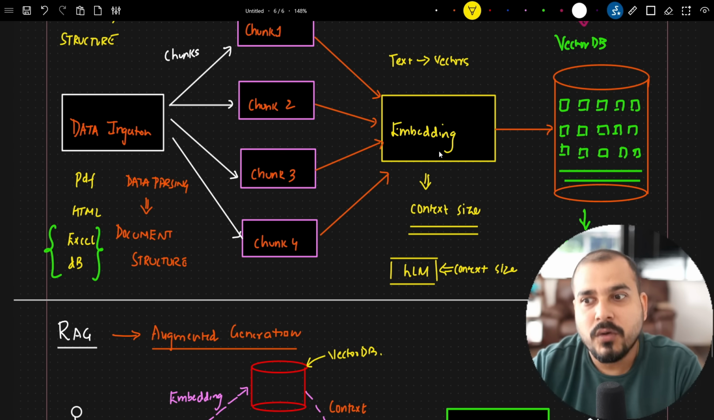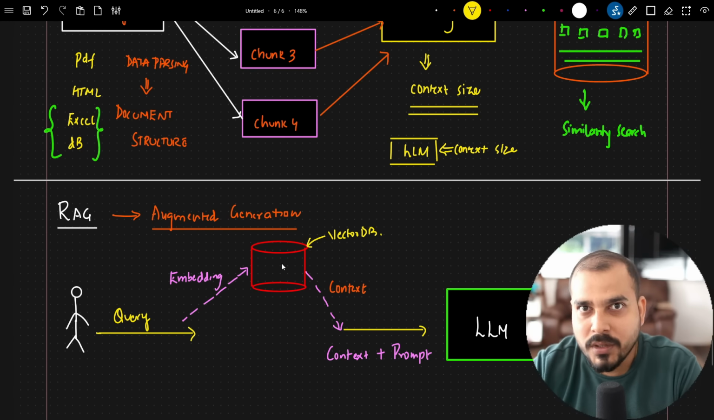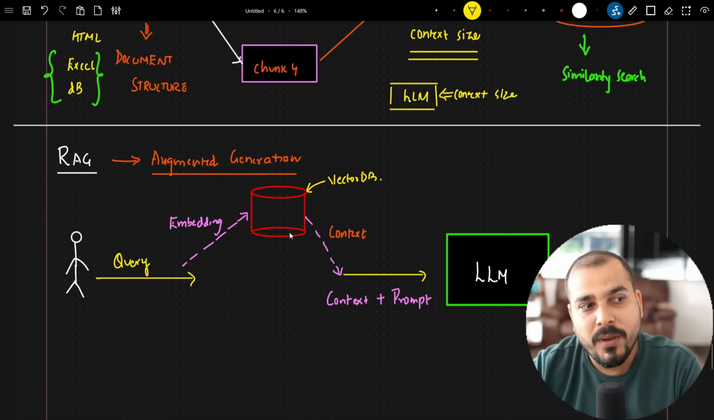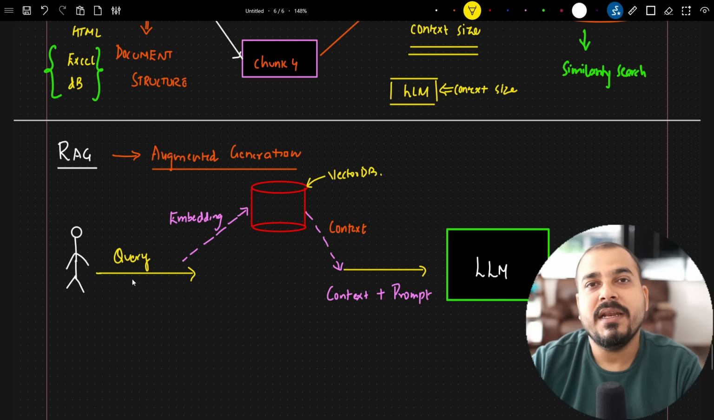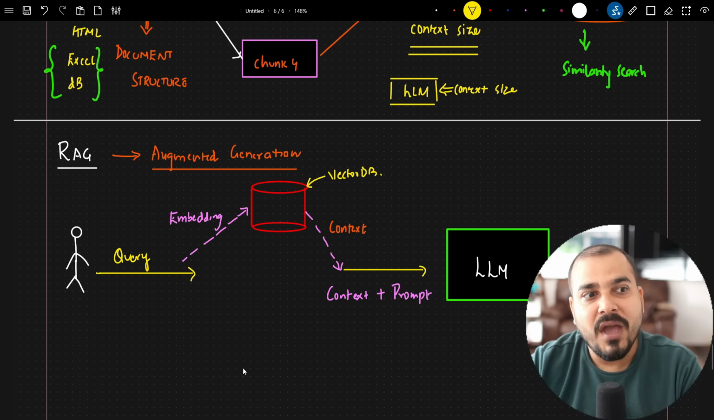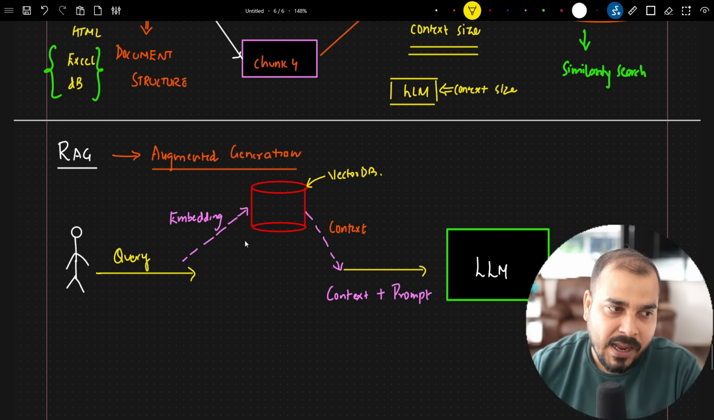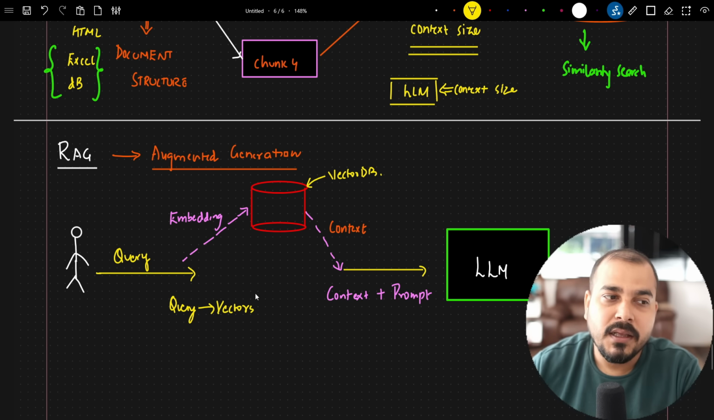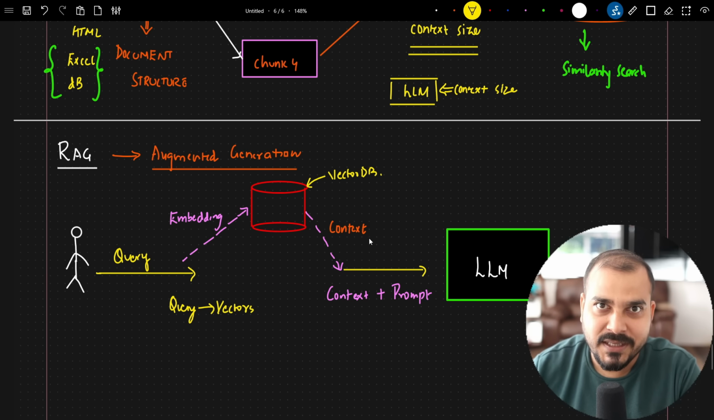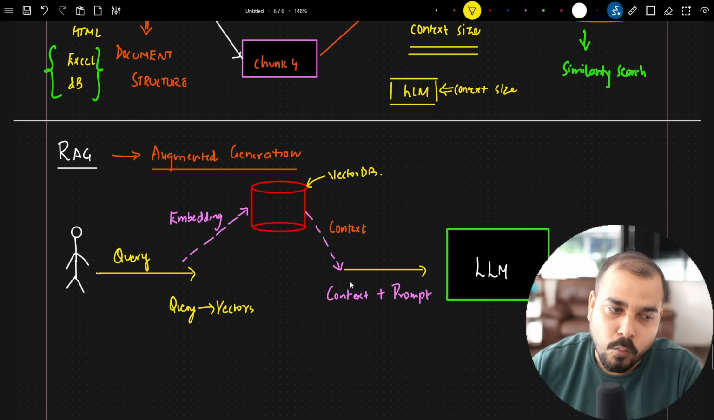Now, once we follow this pipeline, the data is stored inside the vector DB. Whenever a user gives a new query related to the documents that are already ingested inside the vector DB, we take this query and apply the same embedding. With this embedding, we convert the query to vectors, and then from this embedding, we hit the vector DB, we get the context,